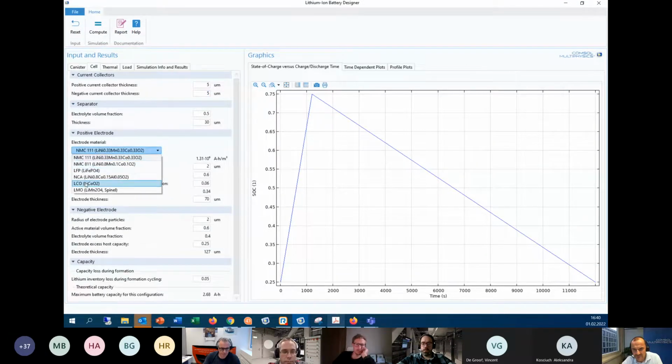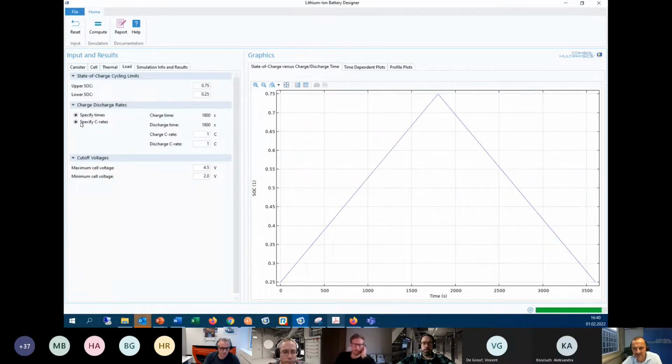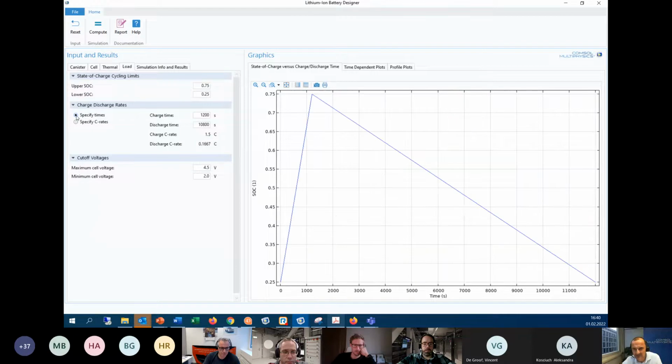Here we could select different materials easily, change the radius of the particles, the active material volume fraction, and other things. And we could define also the load cycle, how long, how many seconds, or if you want to switch to C rates, we can say we want to have a charge of 1C and a discharge of 2C and things like that. Okay, but in the end, we can press the compute button, and after a couple of seconds,